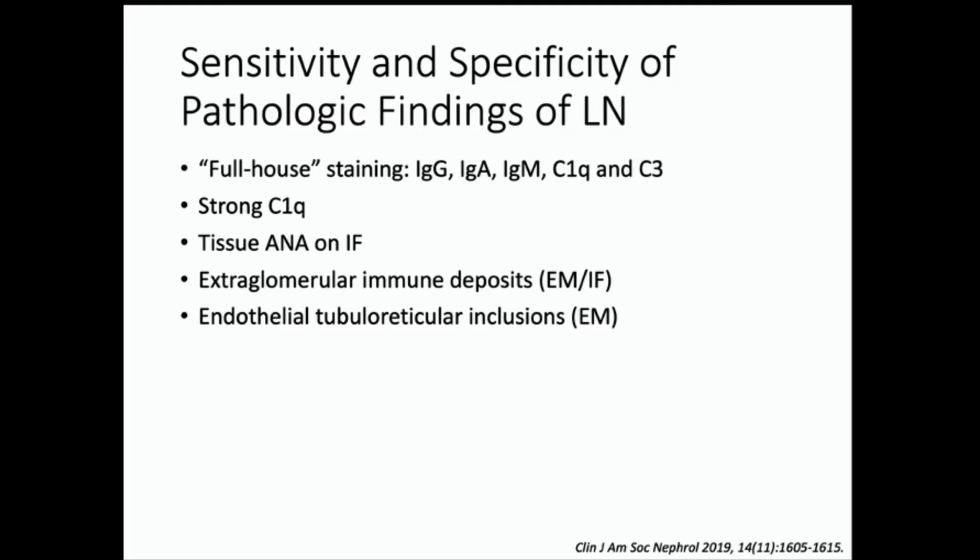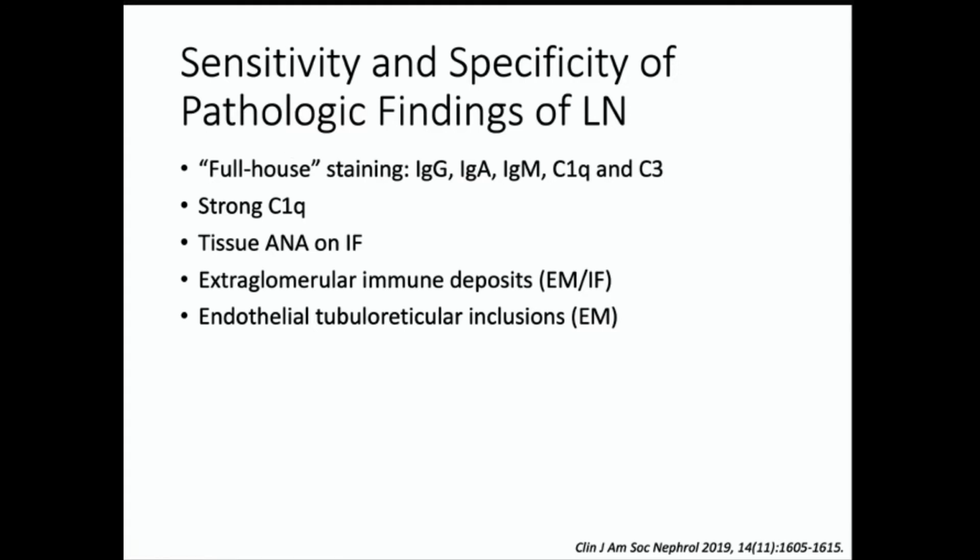We do not want to overcall lupus nephritis because the full house staining is not specific for lupus nephritis. That's why this study was performed. Although lupus nephritis has a long history of being recognized, IgA nephropathy was recognized in the 1960s. So what they found was there are 5 features that carry some weight in terms of sensitivity and specificity